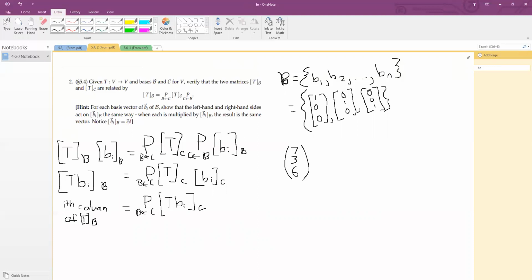And we want to show this is true. Maybe I should say 7, 3, 6 in B. So here we're just pretending that B is dimension 3. Well, this is the same thing as 7 B1 plus 3 B2 plus 6 B3, right? And because T is a linear transformation, the transformation of this should be the same as the transformation of 7 TB1 plus 3 TB2, and so on